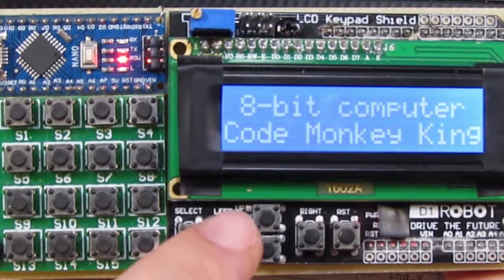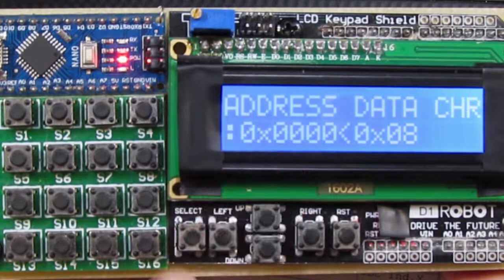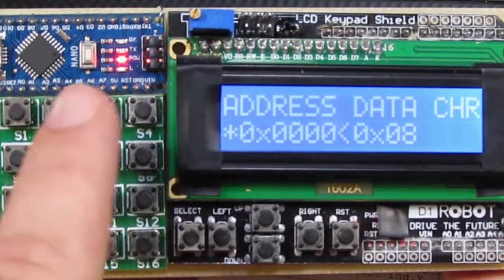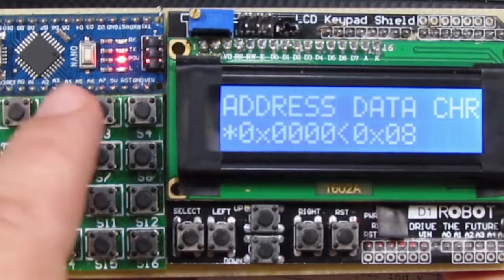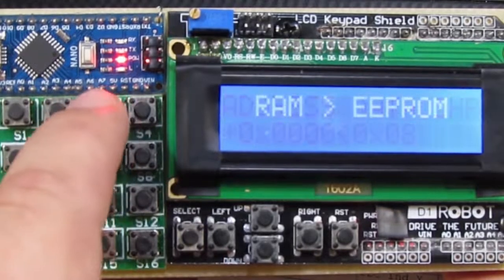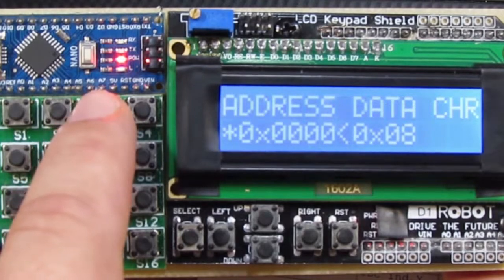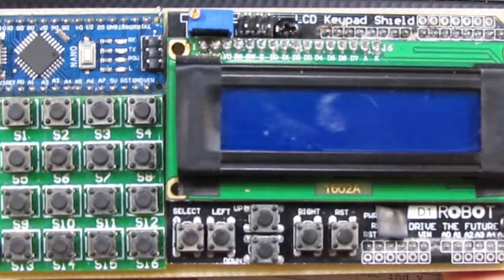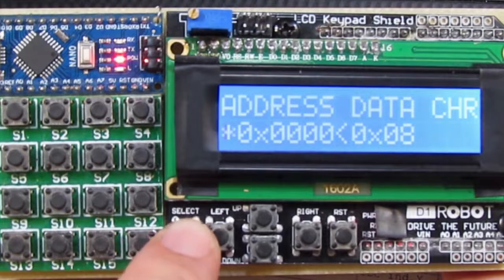Now we have this Chrome Dino available in the RAM. So what we can do now, it seems like there were zeros in the EEPROM so far. If I just again store RAM to EEPROM, now Chrome Dino has been stored into the EEPROM. All right, and if I now just turn this off, for instance, and then turn this on again, and select